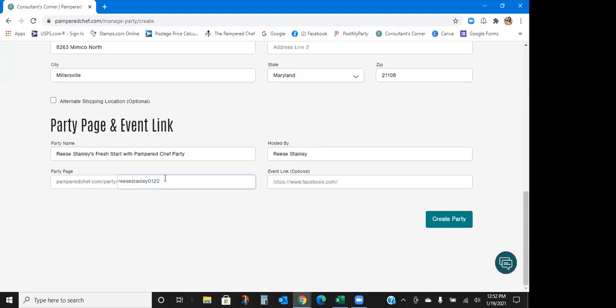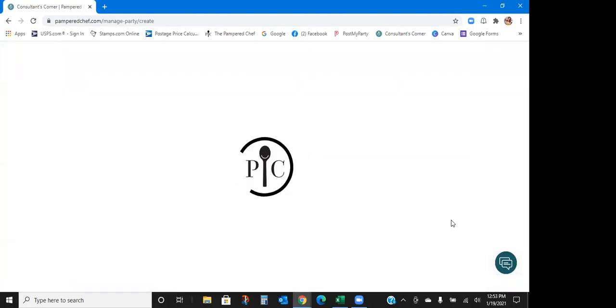Here's her link. Sometimes the party page link is too long if the person's name is very long, first or last name, and you can change that and make it shorter. So if I wanted to, I could delete Reese's name and just have it say R. Stanley. I will keep it Reese Stanley now since it's short enough. Okay, so now we've entered everything. The next step would be to click Create Party. I'm gonna click Create Party,